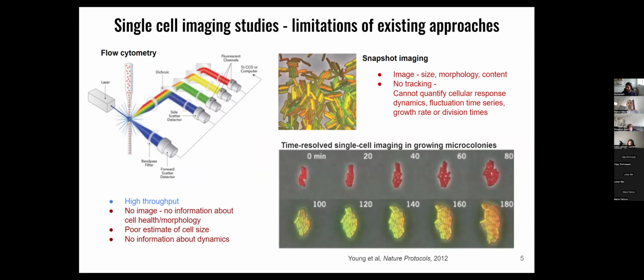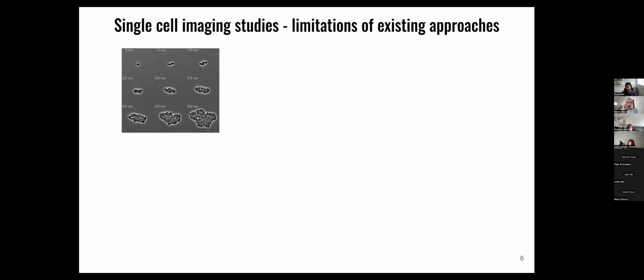So one technology that has been used in the field for more than a decade now is tracking individual cells on agar pads, where a single cell slowly grows and divides and forms microcolonies, and these cells are tracked over time to quantify their growth dynamics, their gene expression noise, etc. But we found that there are a lot of artifacts associated with this method. Primarily, if you are interested in quantifying heterogeneity, the growth environment itself has to be uniform.